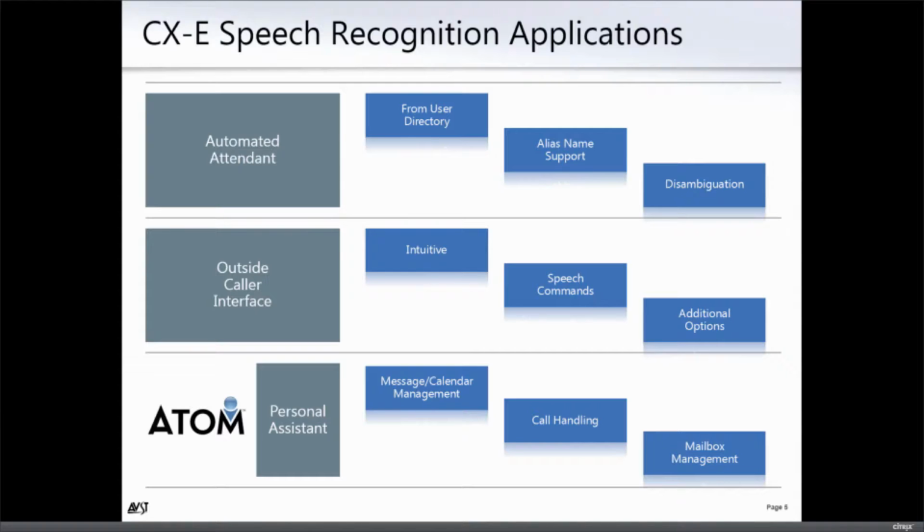And in our product, the user directory that's there by default when you create all the users on the system can now be searched. So if somebody says a name, we can go search through that directory, figure out who it is, and transfer that call based on a wide range of rules and applications that we'll look at a little later. Of course, when we're doing that, there's things to consider, and this is where this years of experience